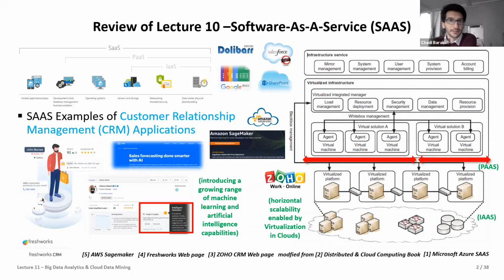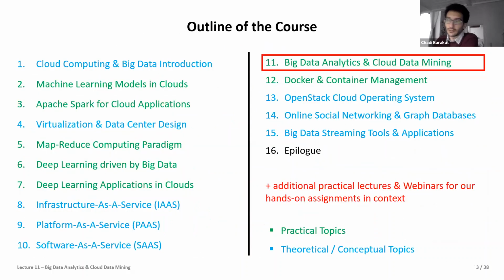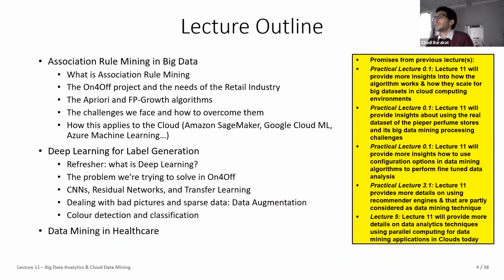Okay, thanks, Moritz. And from there, we move on to just a brief outline of the lectures themselves. As we all know, it's lecture 11, which is mostly big data analytics and cloud data mining. So this lecture is going to be mostly divided into two parts. Of course, the two parts are again divided into two parts, but the second part won't take that long, don't worry. But the first part of our lecture is going to be about association rule mining and its applications with